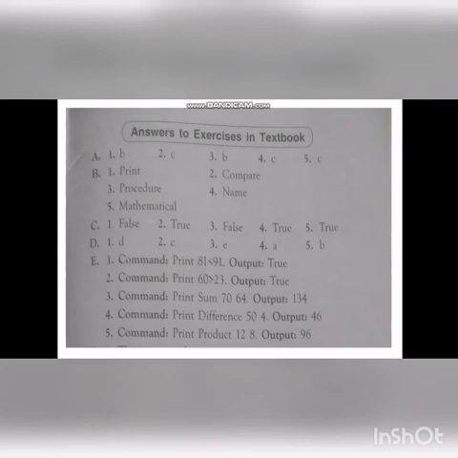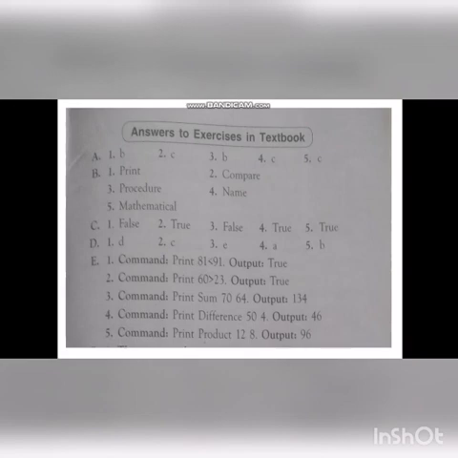The answer, false. Fourth one, the multiplication function gives the product of two numbers. Answer, true. Fifth one, to execute a procedure, just type the procedure name and press the Enter key. The answer, true.